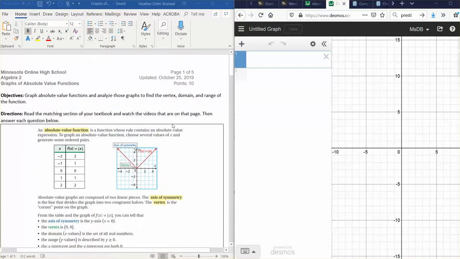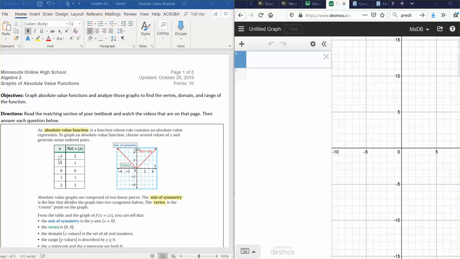In this video we are going to look at graphs of absolute value functions. Absolute value functions have one of the most interesting looks about them. If you start to graph an absolute value function, let's look at some values that you could plug in for